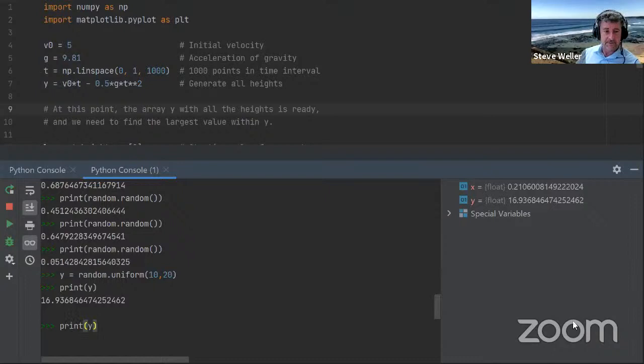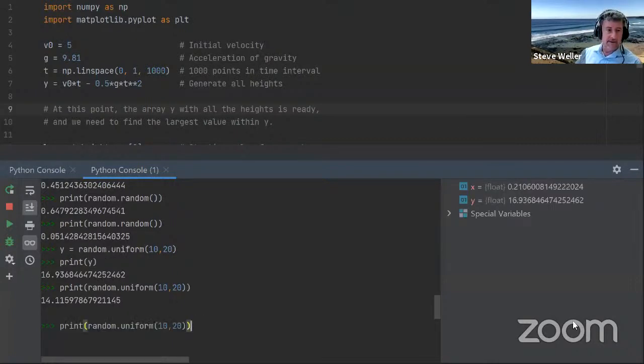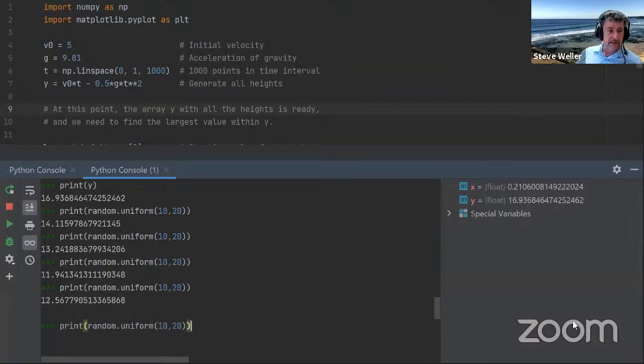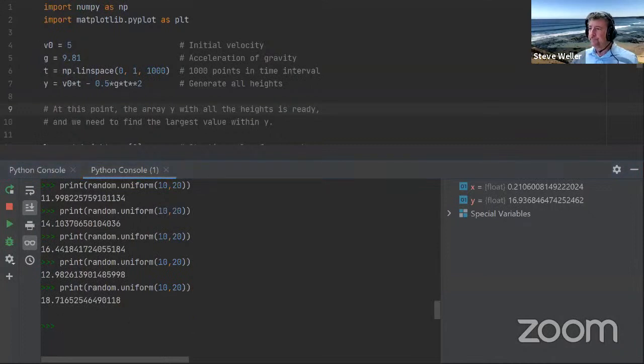Rather than assign it to the variable Y, let's just print a random number and I can just up arrow and see these numbers are all falling in the range 10 to 20. One call after another, a different random number being generated. And of course, you can use the seed function to reset, and it also affects these random numbers that you see here. Good.